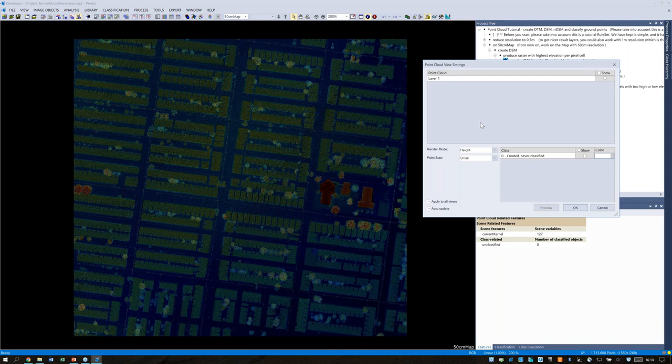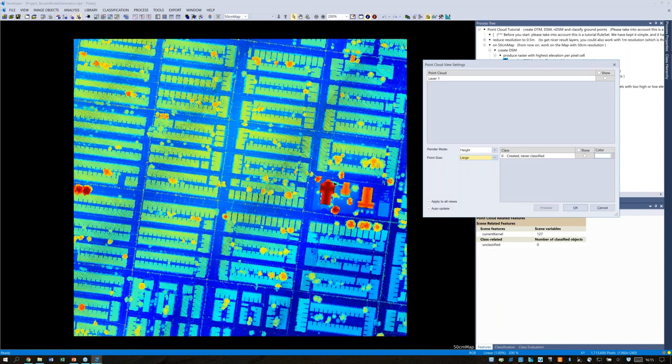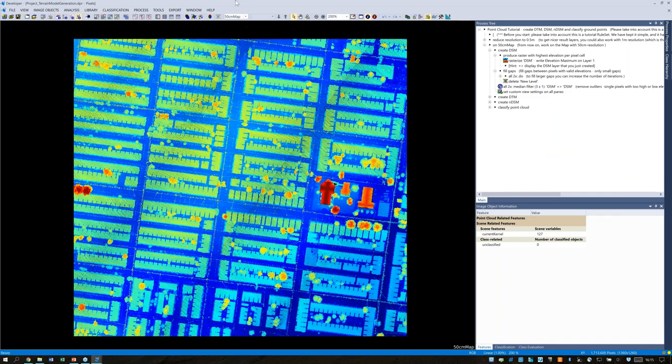By default, we are looking at it in this render mode called height, so that corresponds to this height heat map representation. We can also control the rendering size of the points. For me on a 4K monitor, these look very small, and I can increase the size here to large, for example. This will automatically update, and now I am looking at these points in this mode. I can then click OK and view this point cloud in 3D, or if you want to say